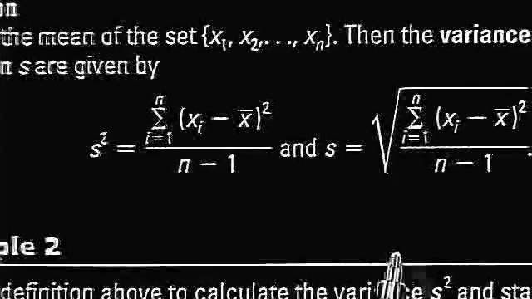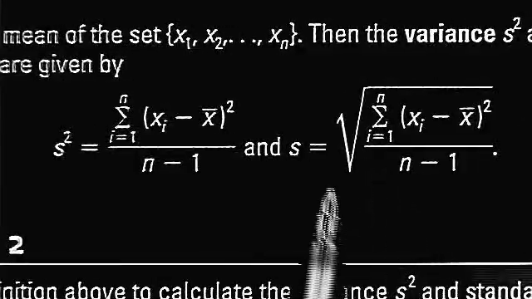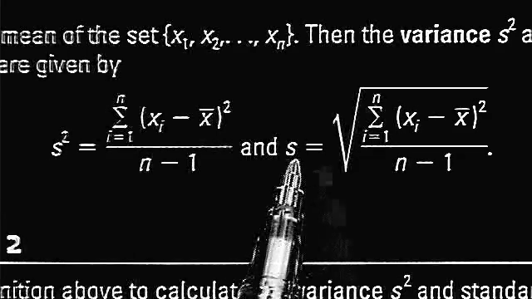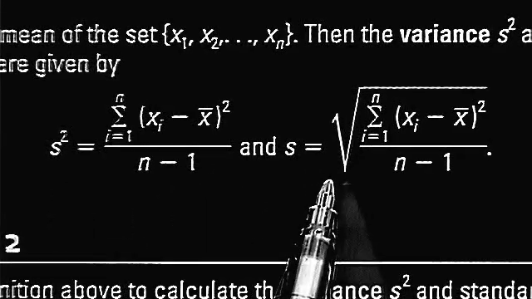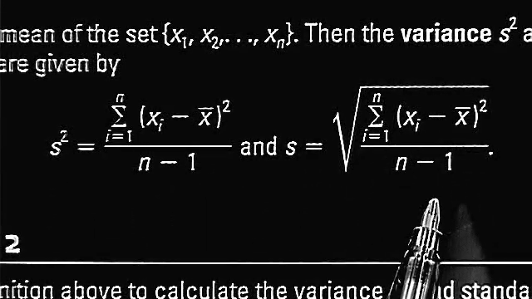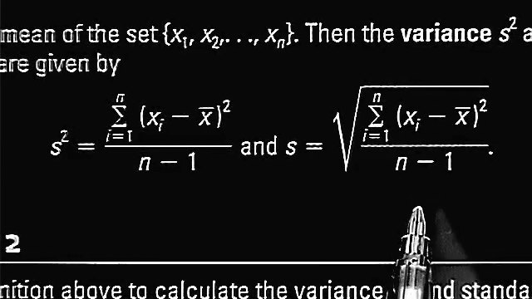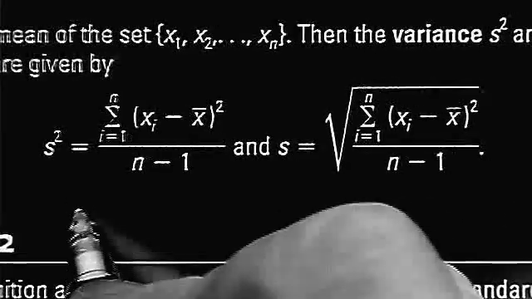Well, when you do take the square root, you get the standard deviation. This right here is your standard deviation. Obviously, you can see that they took the square root of both sides. So here's this nasty, ugly formula. Oh, by the way, when you do your calculator's 1-var stats,